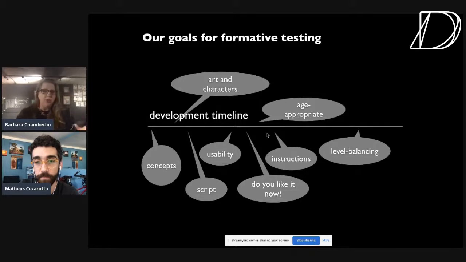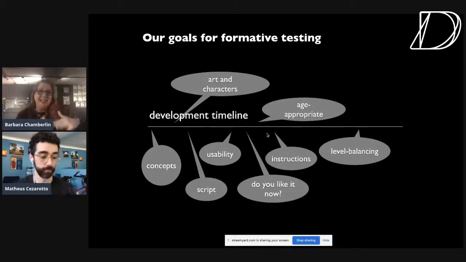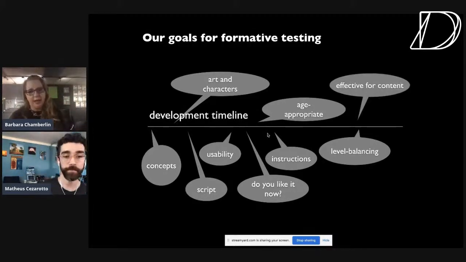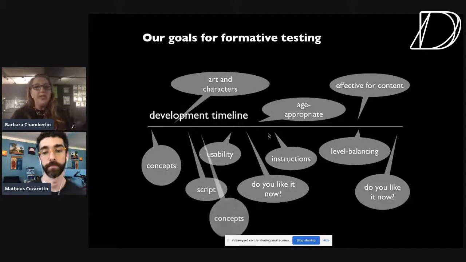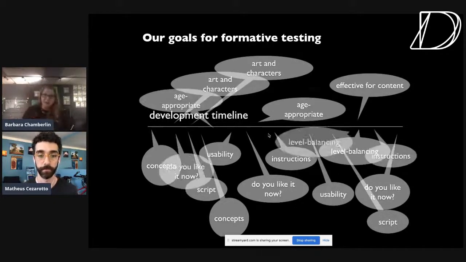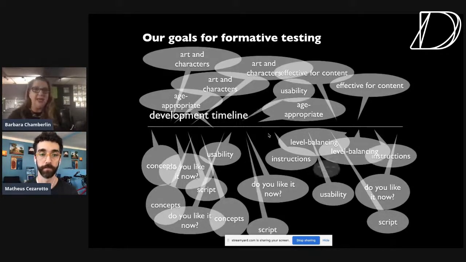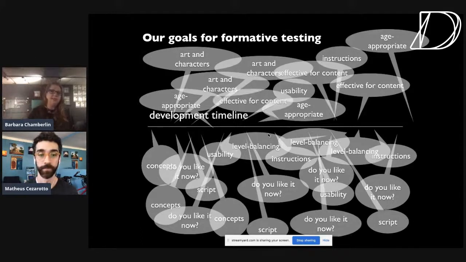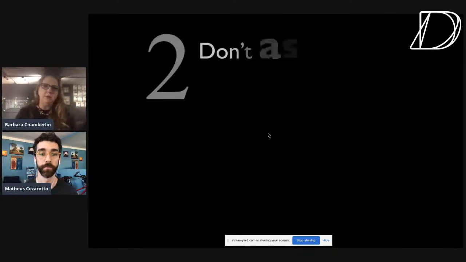Do the instructions work? Our testing has gone from a test of does this entire thing work to guiding us in each of these individual areas. And we can do these things many times over, as many times as we need, because we found a way for user testing to move so much more quickly. One of our games in Math Snacks went through 60 user tests, and they weren't all 3-hour tests. Some of them were 10-minute check-ins to get ideas on components from that.